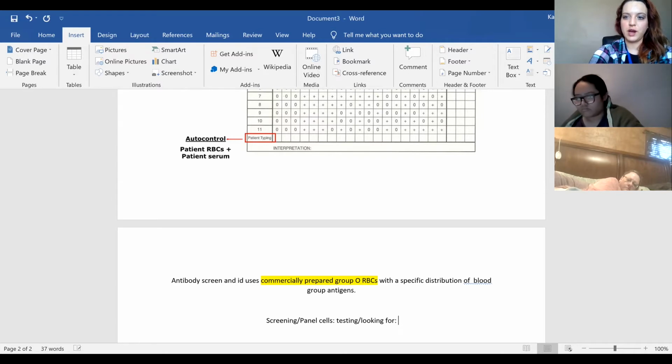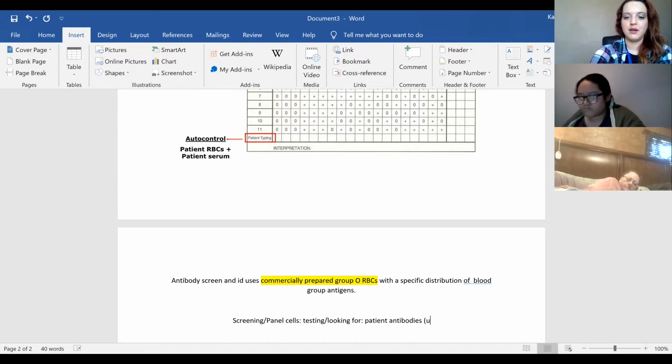And what are we trying to find? Patient antigens or antibodies? Antibodies. No, you had it right. Don't forget, antibody screen. Antibody screen, so we're looking for patient antibodies,